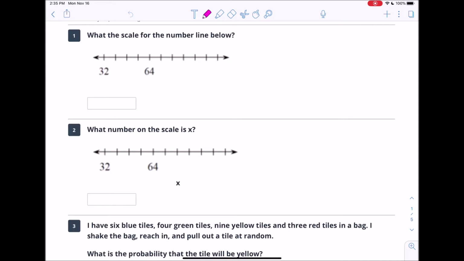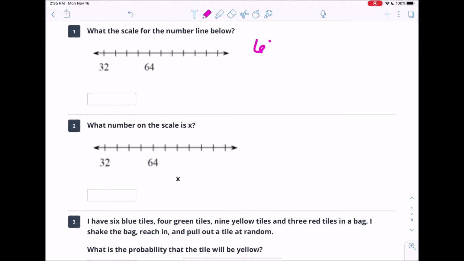Okay, so number one, what's the scale for the number line below? We have a number line with 32 and 64, and we have to figure out what the scale is. By scale, we have to know how much those ticks are going up each time, okay? How we went from 32 and then 3 ticks and then 64 and so on. The way we do that is first you find the difference between the two numbers. So you subtract, 64 minus 32,